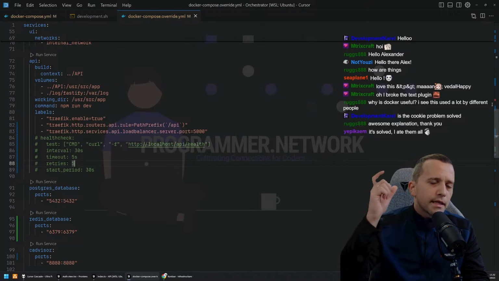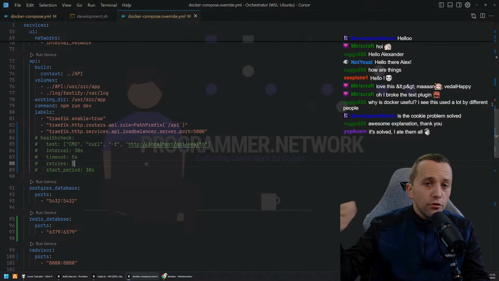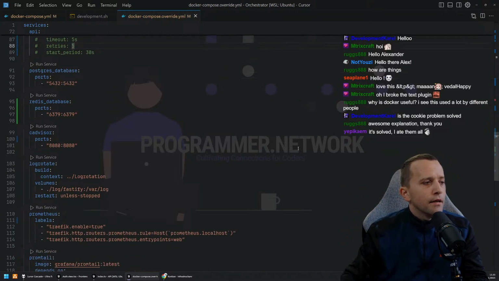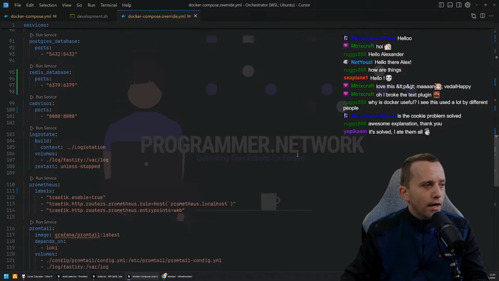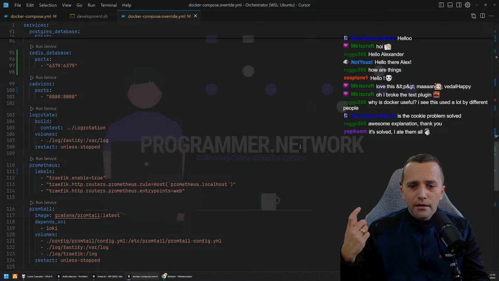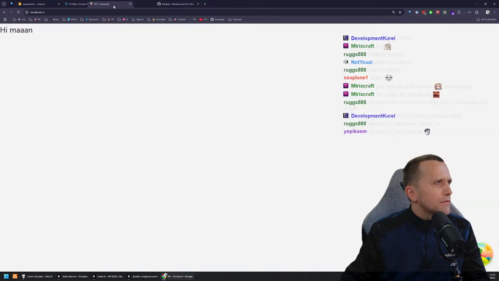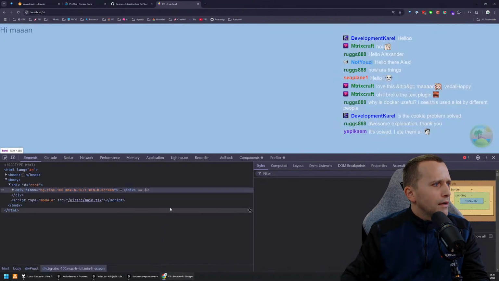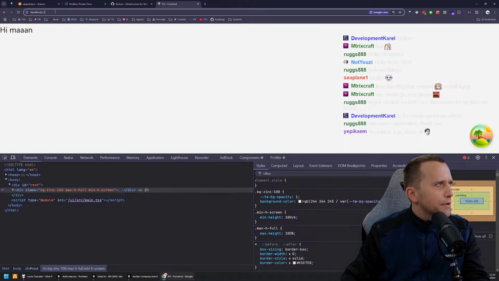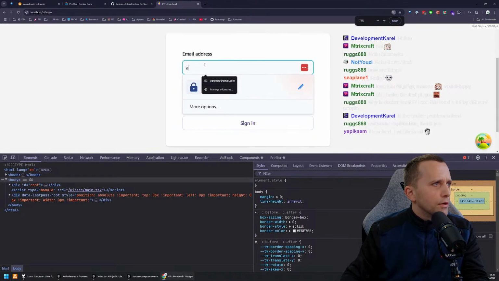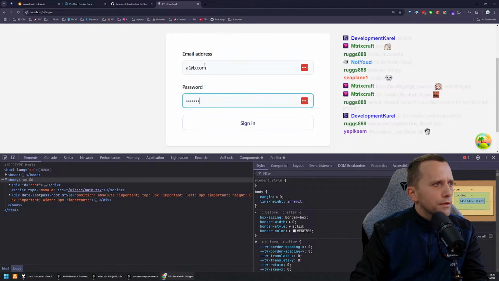So instead of using subdomains like api.localhost and ui.localhost, what I'm doing is localhost/API and localhost/UI. Because both services are running on the same domain, the cookie is actually properly set. And if I go to this very basic thing that we're building now as a boilerplate, we can go to /UI/login and enter a@b.com, password 123,